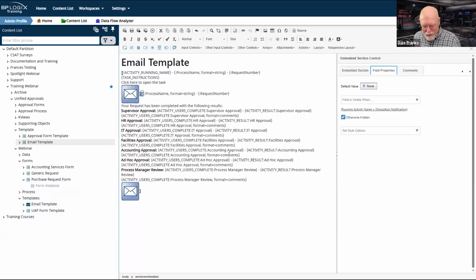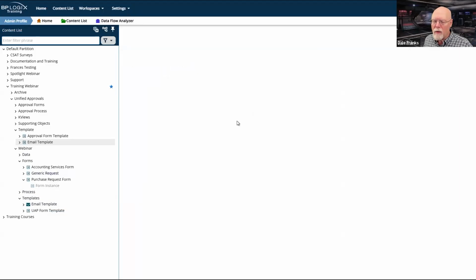And what we're doing is for this notification, we're going to show the end user or the submitter who looked at each step of this process, what their final result was, whether they approved it or denied it. Hopefully it's approved, obviously, and any comments that they made while they approved or denied it. So we're going to take this and make a very similar section on our template over here.